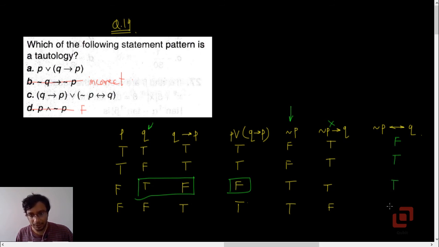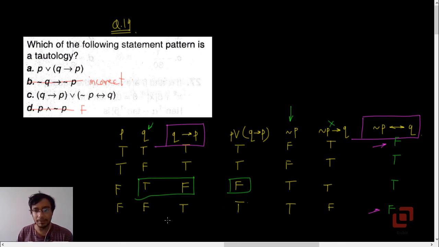True and then false. Okay, and now we need to pick the disjunction, or, of Q implies P and negation P implies negation Q. Okay, now because it is a disjunction, all we need to worry about is when this is false. Okay, now when this is false, observe that Q implies P is true and true. So that verifies our answer that C is indeed a tautology. So option C, yes.